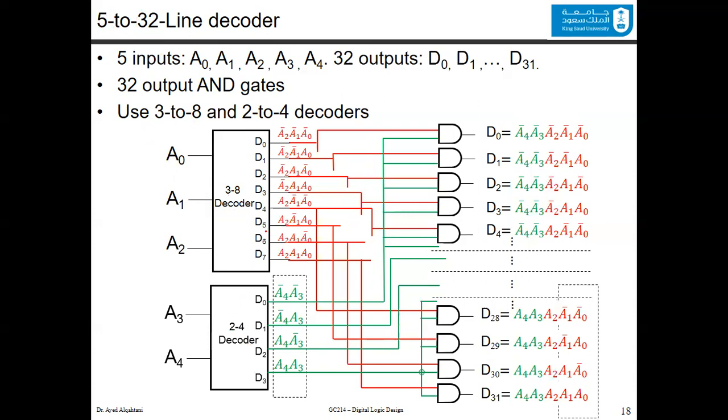The only difference between the previous slide and this slide is that you have a 3 to 8 decoder over here, instead of the 2 to 4 that you had in the previous slide. And because you have 3 to 8, you will have 8 different minterms here, starting from A0 bar, A1 bar, A2 bar, up to A0, A1, and A2. And you will copy this group 4 times